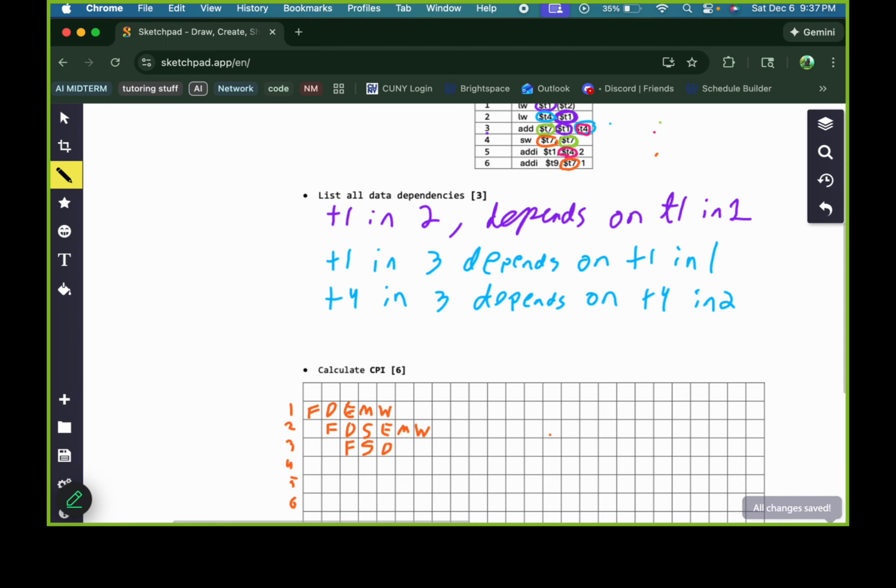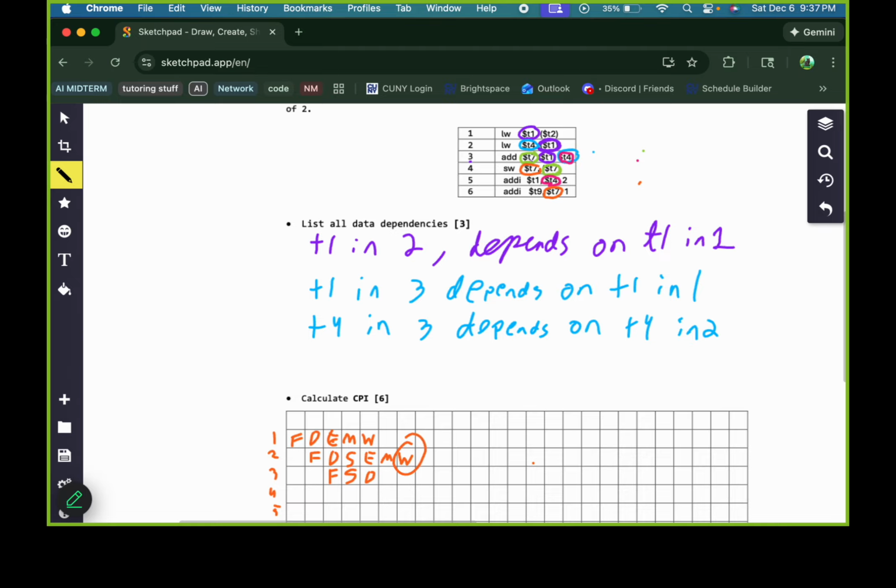Do I have data dependencies? Yes, I do. I have both 1 and 4. If it was just 1, I'd be done at this point, so I could do it. But I'm not done with T4, since that's at the end of instruction 2. So because of that, I have to stall 1 cycle and then do, I'm sorry, this is R type, so no mem, but we are going to have